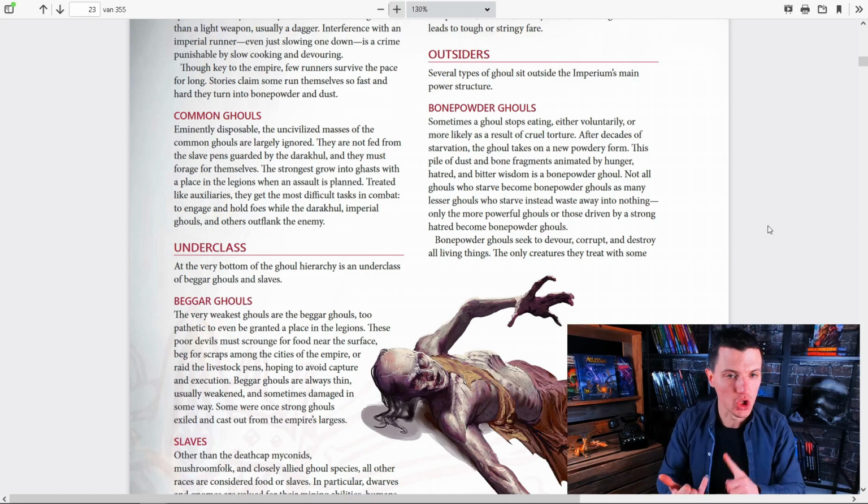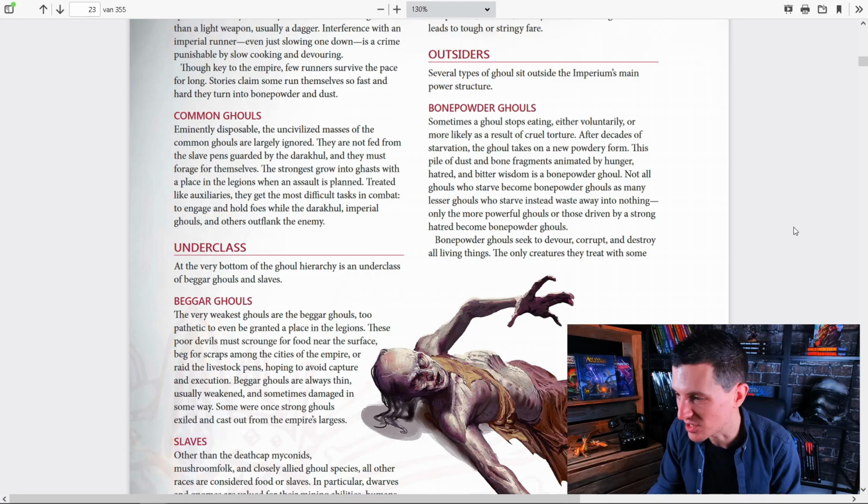Of course, there's also zombies in that area. There's also skeletons in that area. There's all kinds of undead in that area. But the zombies and the skeletons and everything, they are just a pile of bones or a pile of meat that just animated, right? So they are not seen as anything more than food.